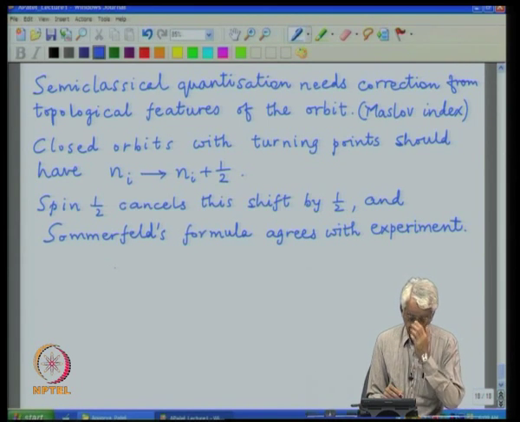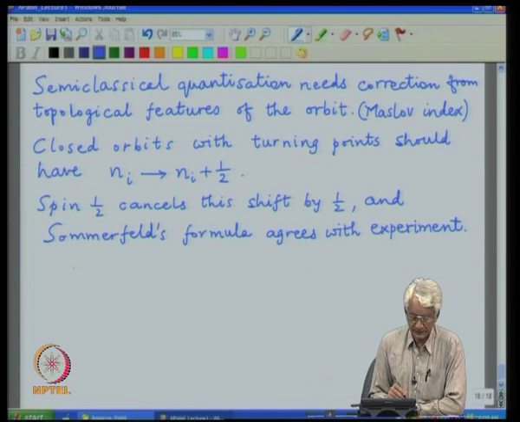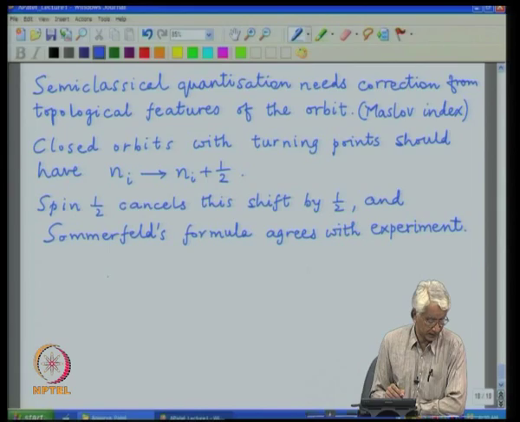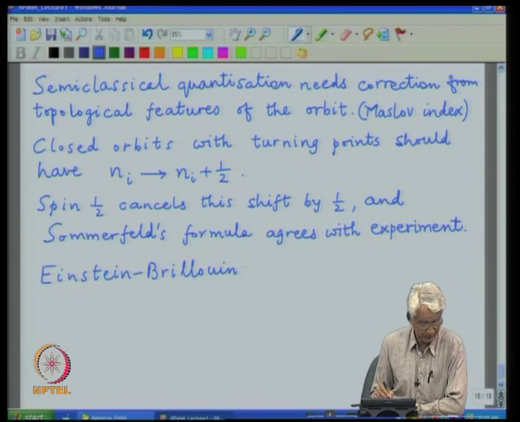Of course, this was done in the old days, and several things were noticed, but once the more concrete formulation of quantum mechanics came along, this whole thing was kind of forgotten or swept aside, but one can still go back and look at this in some detail to understand the connection between classical and quantum theory through this process of quantization of adiabatic invariants, and this whole prescription including the topological corrections works rather well, and nowadays it is referred to as the Einstein-Brillouin-Keller prescription.